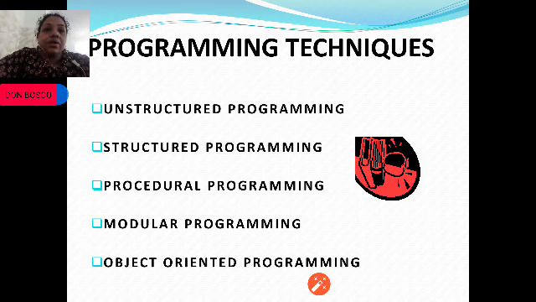After executing all the statements, control returns back to the main program. This is how a procedure is called and executed in procedural programming.